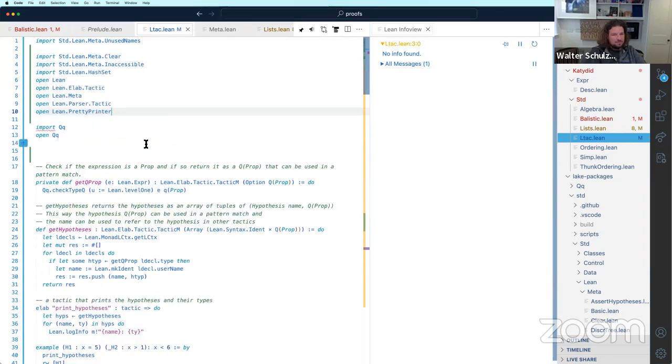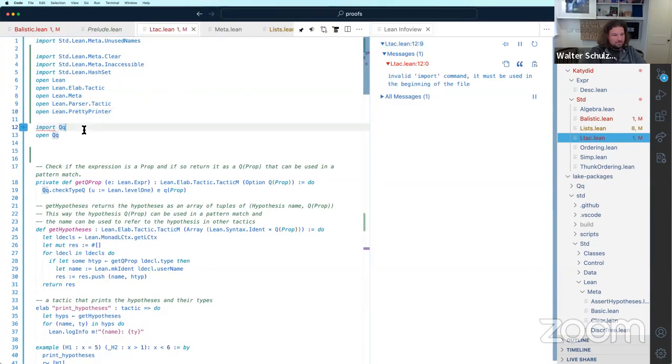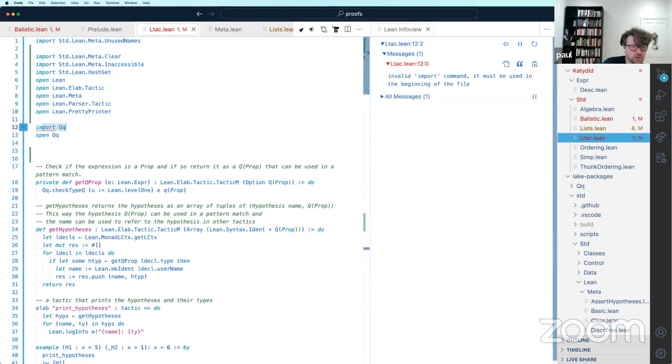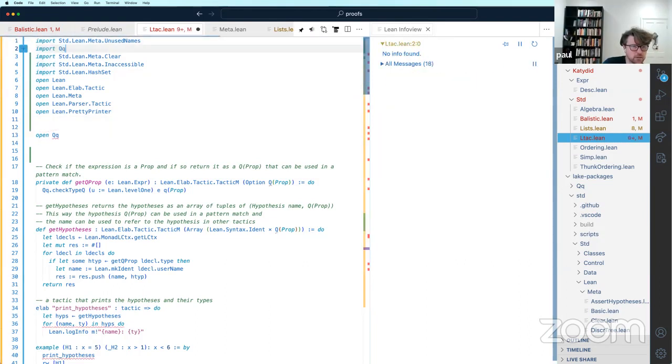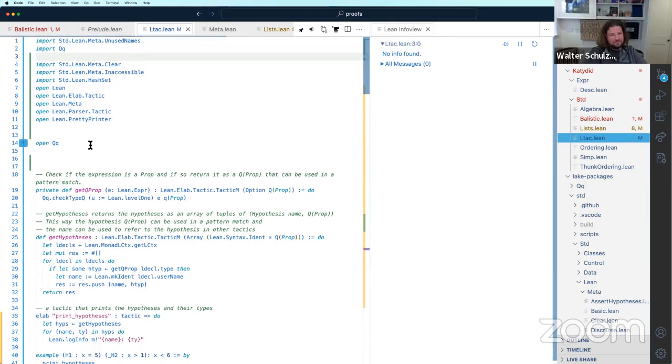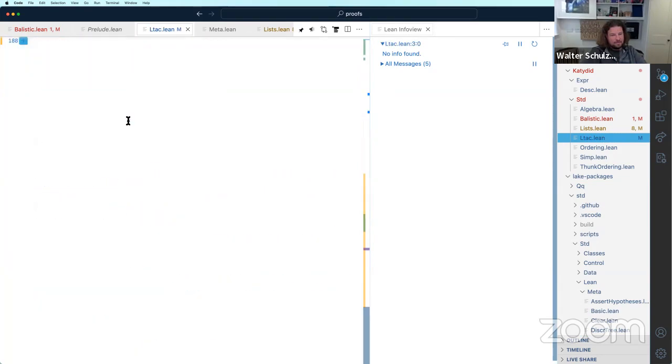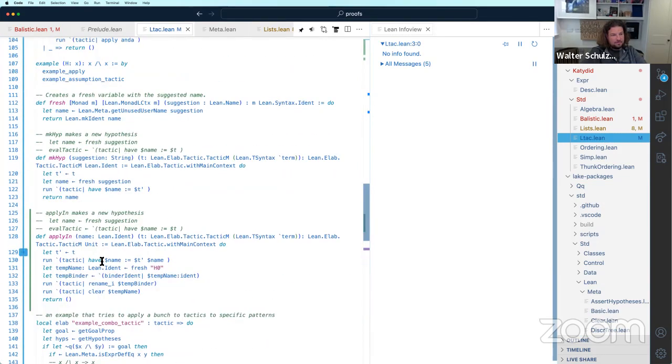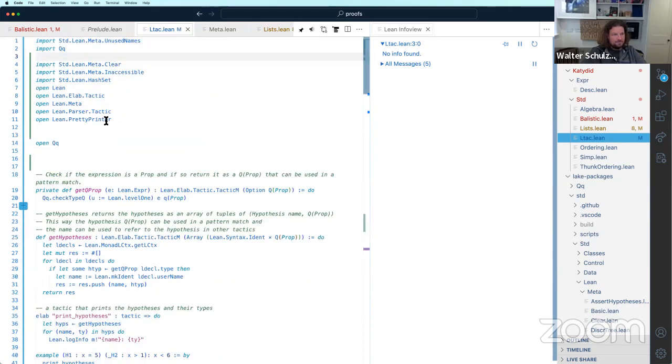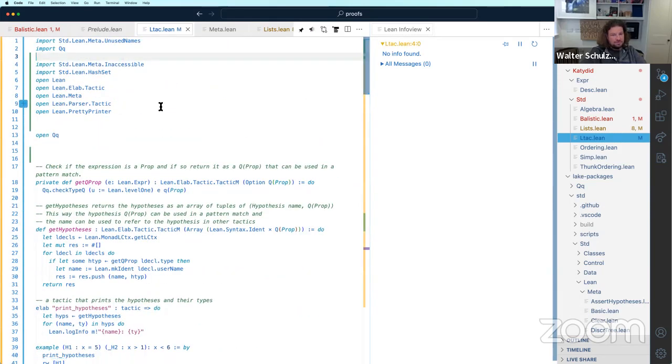No, the imports need to come before the opens, I think. And that works. Okay. So now I don't think we need that. Okay, looks good.